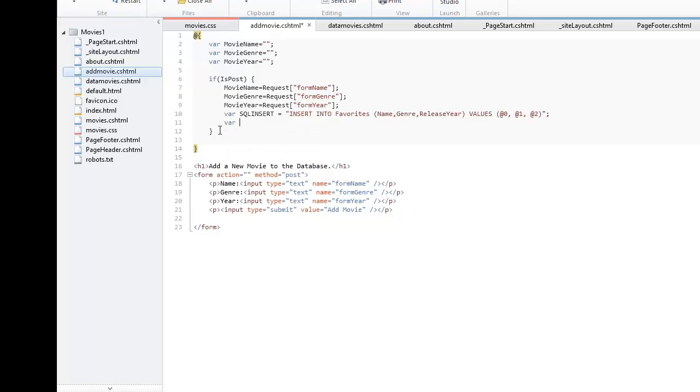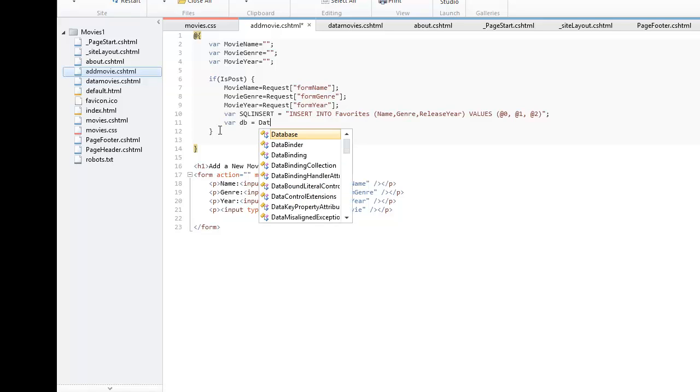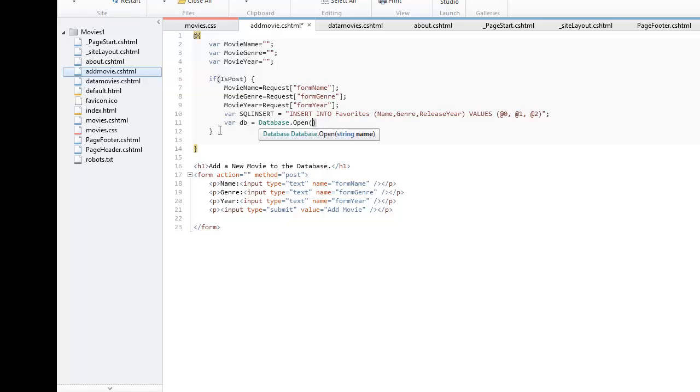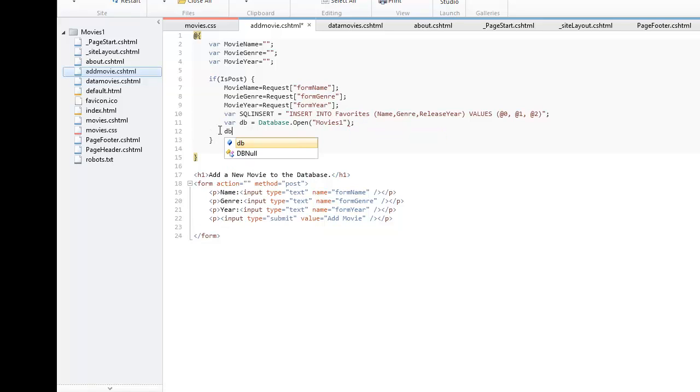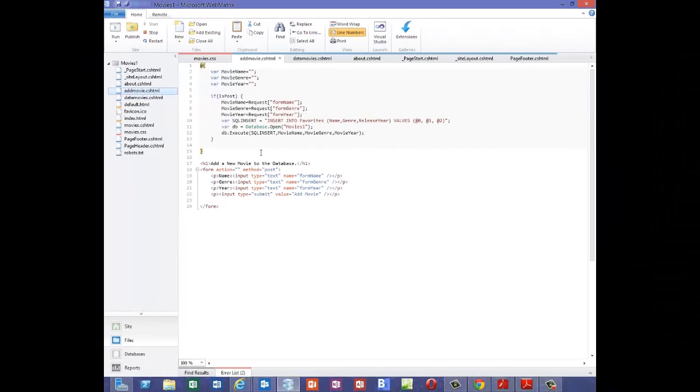And then var db equals database open movies1, and then db.execute SQL insert, movie name, movie genre, movie year, semicolon. Okay, so now I should be able to add, go back here,